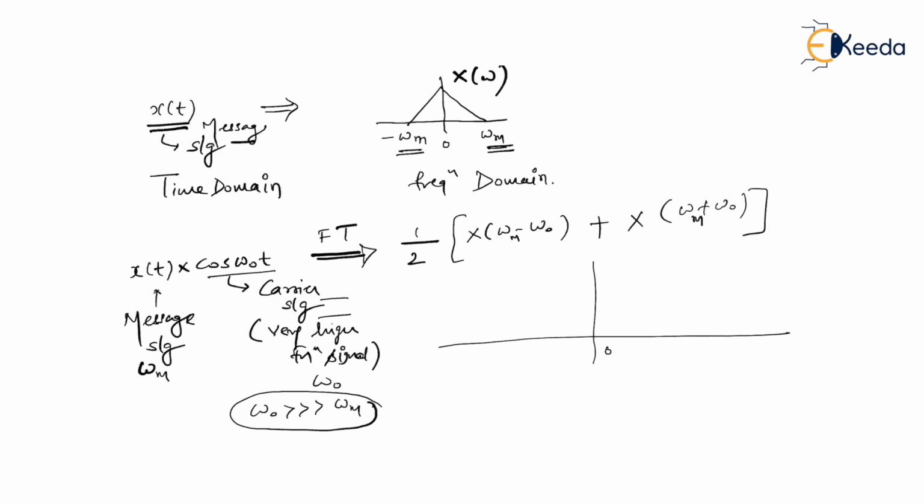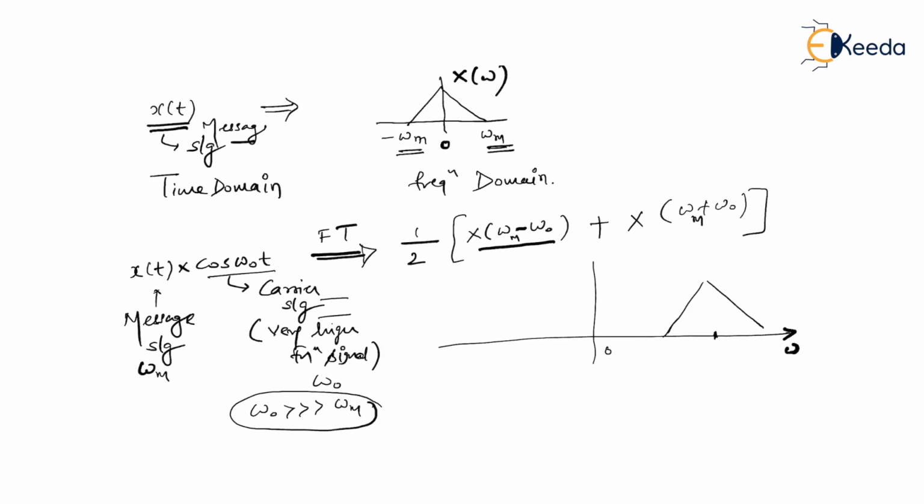This is what we have, X of omega. Now if I want to plot X of omega minus omega naught, then where am I going to plot it? Of course, when they tell me to subtract, I basically add, in the case of frequency or in the case of time also. Since the middle point was 0, now it gets added with omega naught, so it will become like this.